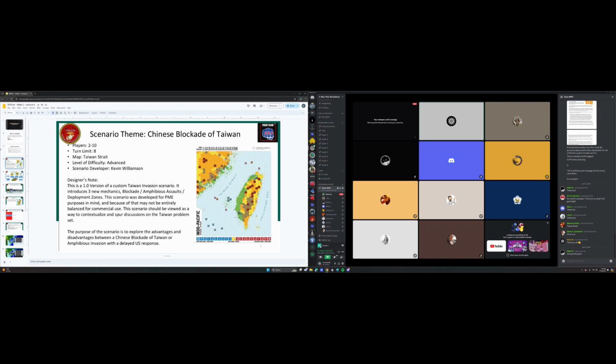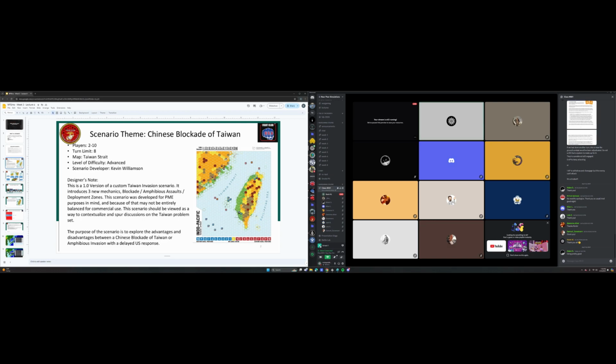And then at the very bottom, I also explain that the purpose of the scenario is to explore the advantages and disadvantages between a Chinese blockade of Taiwan or amphibious invasion with a delayed U.S. response. And so as I was designing the scenario, I decided that the learning outcomes would be, I wanted to create an interesting problem for blue and red both. I didn't want missiles to be flying right off the start. I wanted to keep it a little bit grounded in reality and replicate some type of high tension flashpoint situation